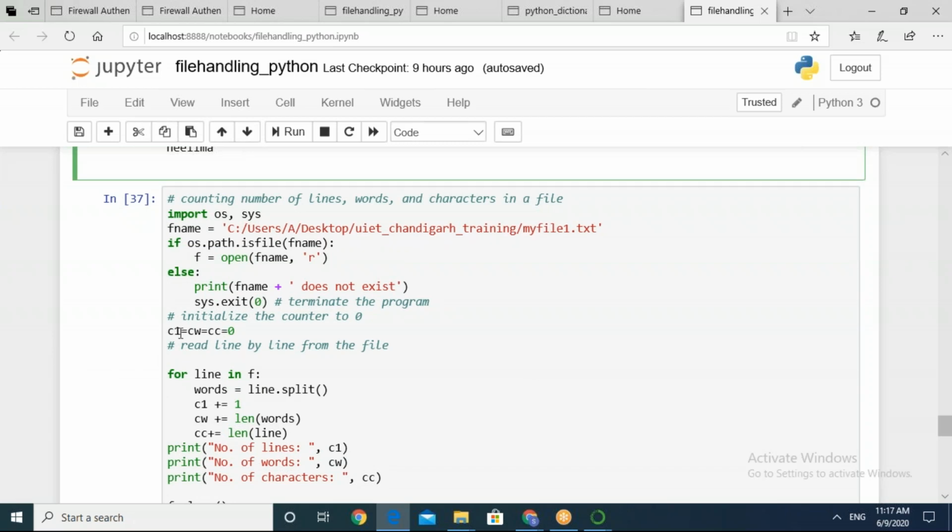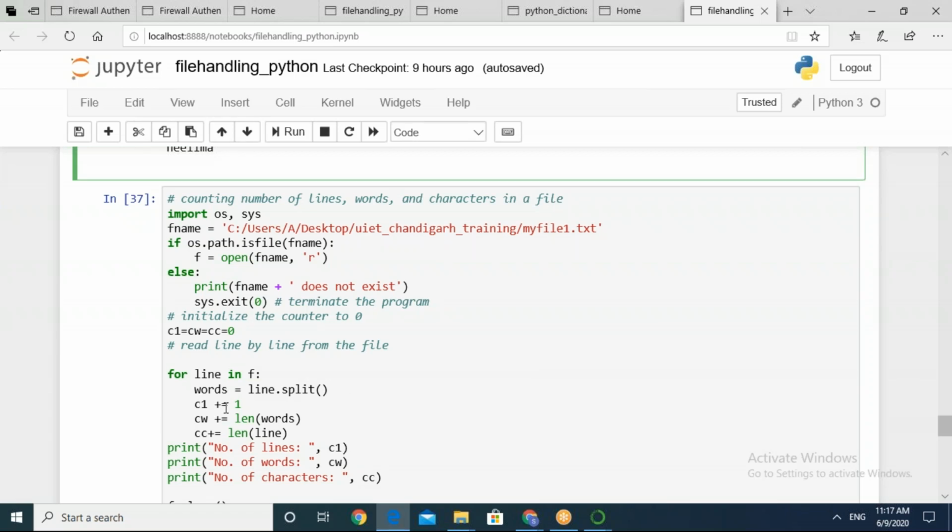I have taken 3 counters here because I'm interested in counting the number of lines, number of words, and number of characters. So accordingly, you take 3 counters, all initialized to 0. For line in file handler, words equals line dot split. So I am taking a line from the file handler, words equals line dot split,